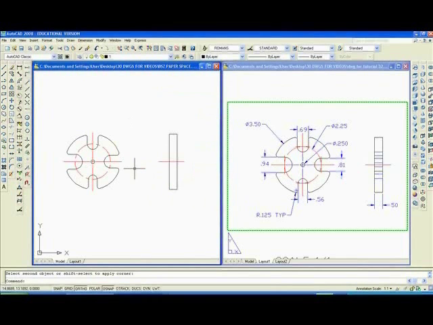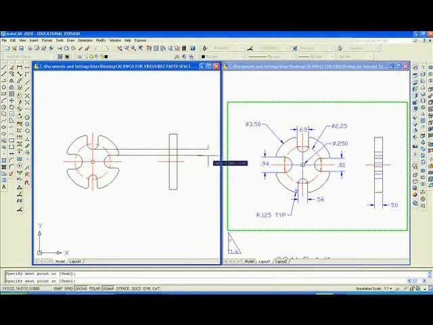Well, we'll want to make the right side view more accurate, so I'm going to draw a line from that endpoint over here like that. I'm going to draw another line from that intersection over here, and then I'm going to trim, TR, and wait a minute, I want to draw another line for the small hole from that intersection over here. Okay,